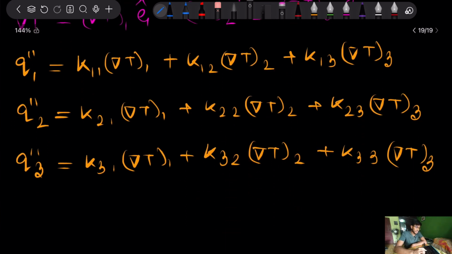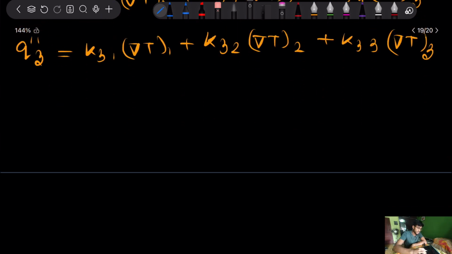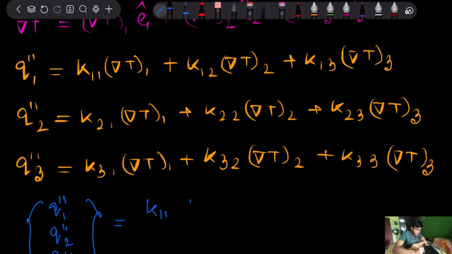Now I can write these three equations in matrix form. That will be Q1 double prime, Q2 double prime, Q3 double prime equal to K11, K12, K13 and so on,